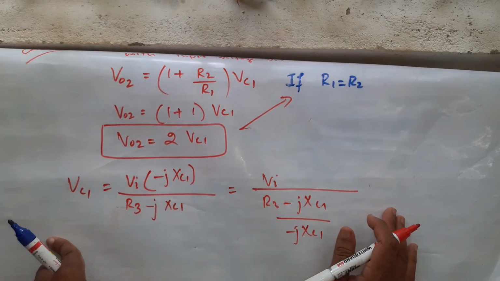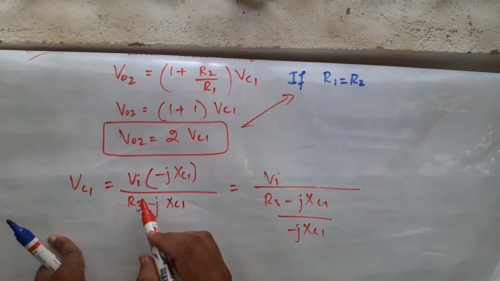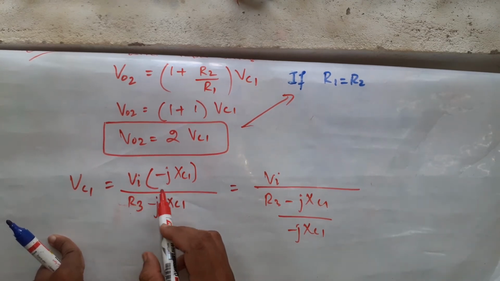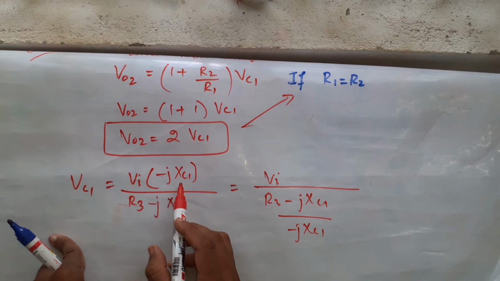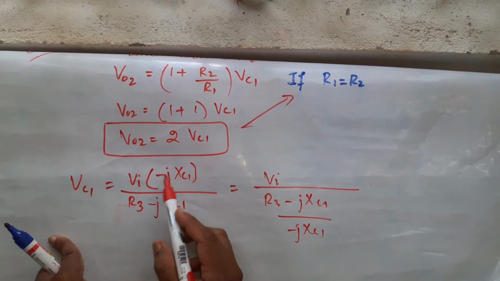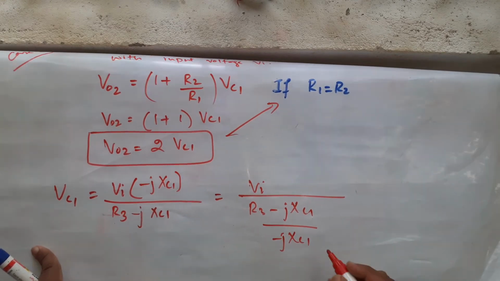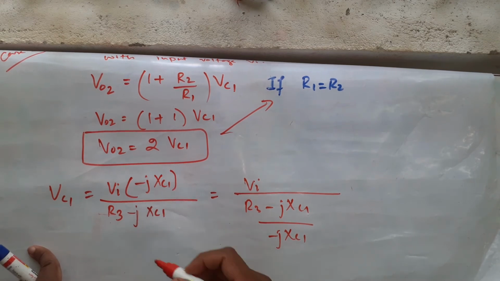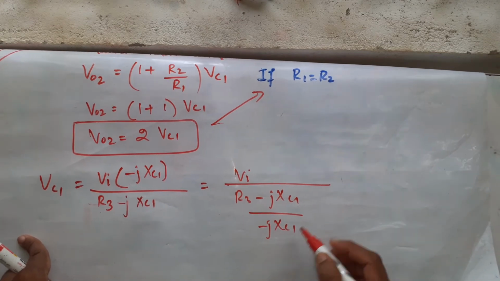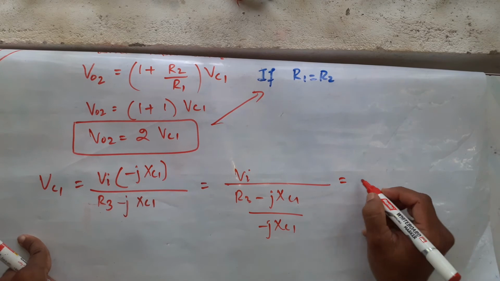I guess this was not visible. Yeah, VC1 is written like this. Vi, the input voltage, minus, this is because of capacitance C1. I have applied the voltage divider rule at VC1. So minus jXC can be taken at the denominator like this, right? So this can be written as,